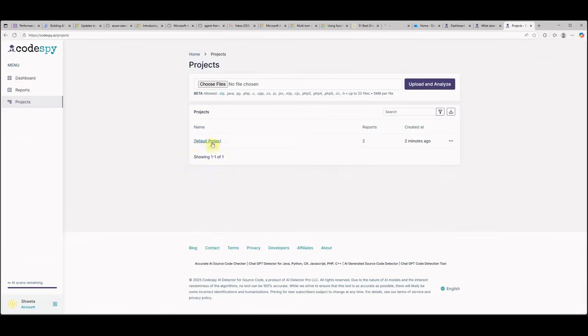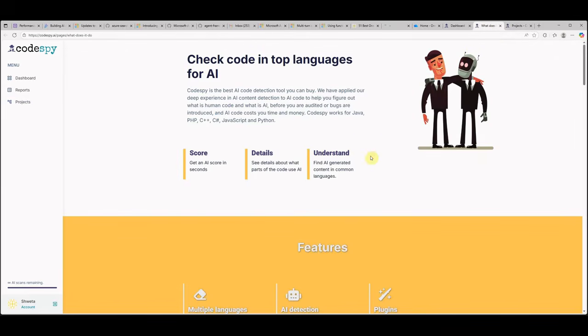If you click on this, you have this project created. In my case, I haven't created any project. That's why it is falling under the default project category. And these are the files, which will be up soon, but right now it is still in beta. So these are the key features. And if you want to know what all things it can do,